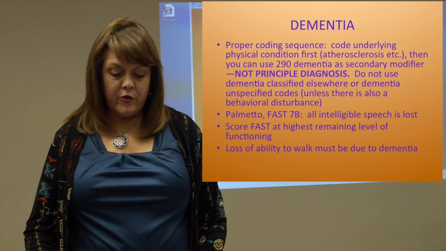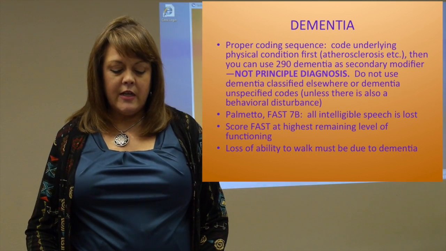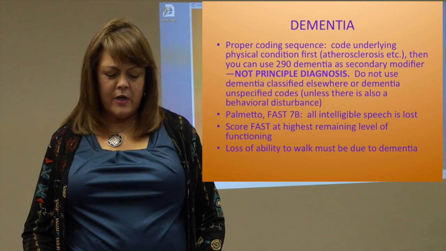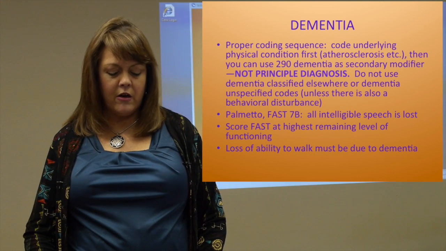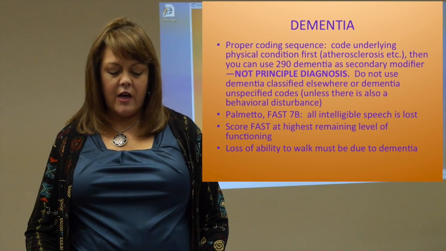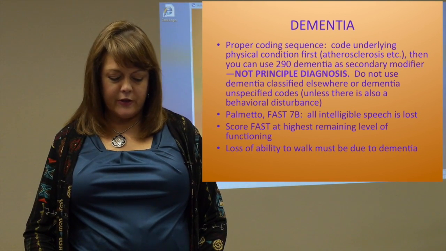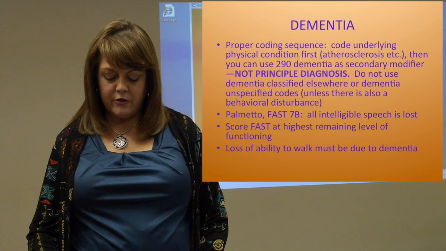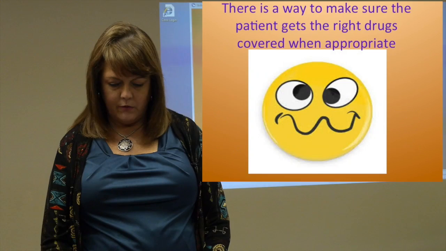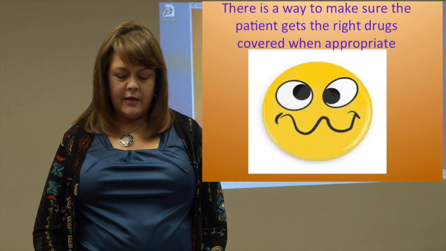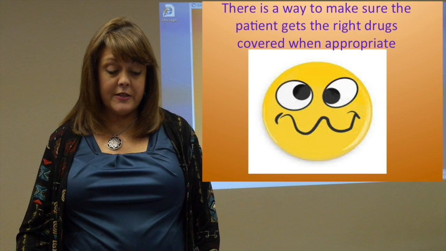And particularly important with this diagnosis is to remember little tricks like FAST 7B, all intelligible speech is lost. You score FAST at the highest remaining level of functioning, and the loss of ability to walk must be due to dementia. So if this is what your face is looking like right now, you're cross-eyed and you're not really